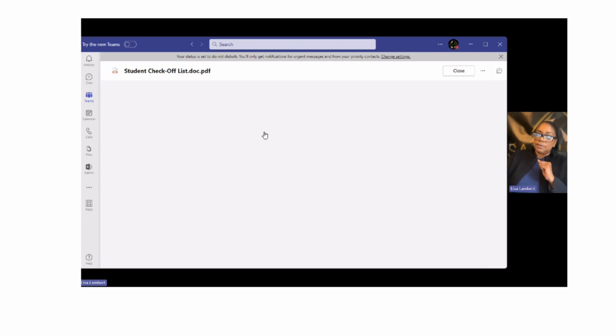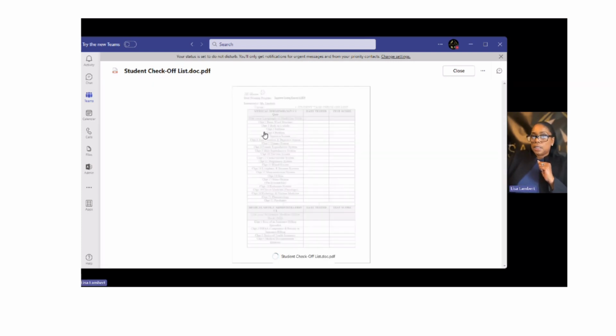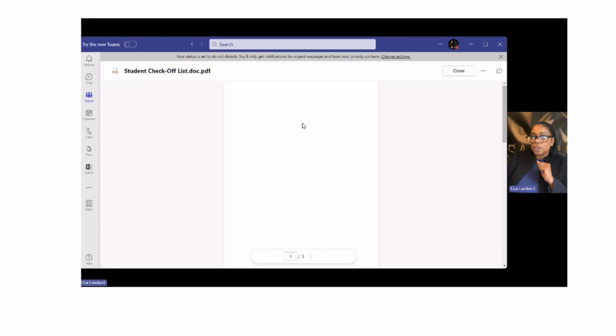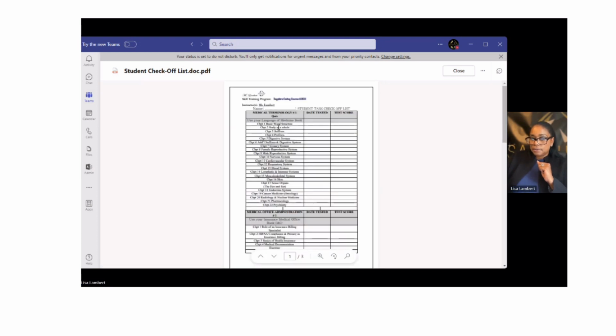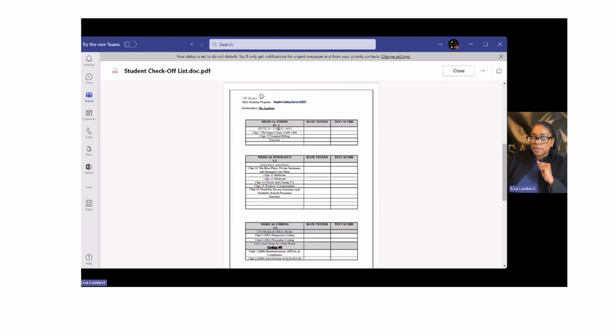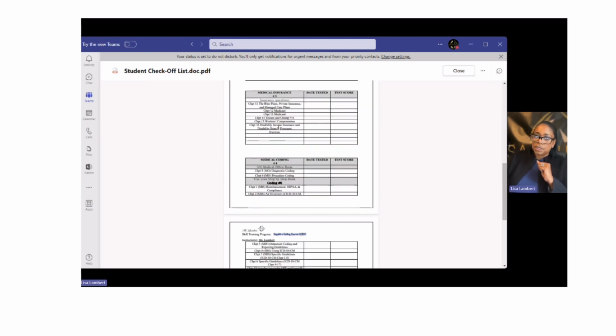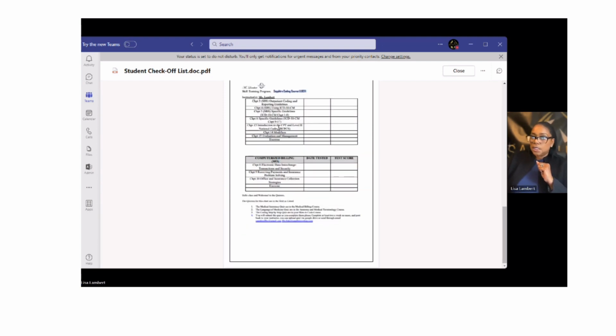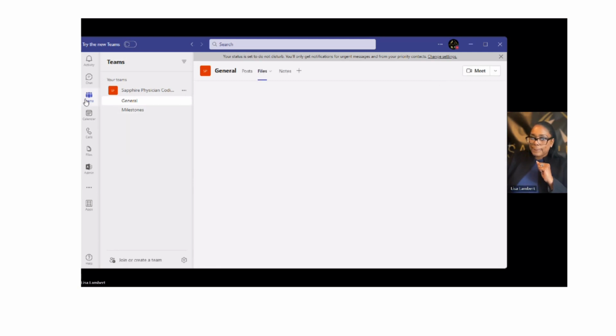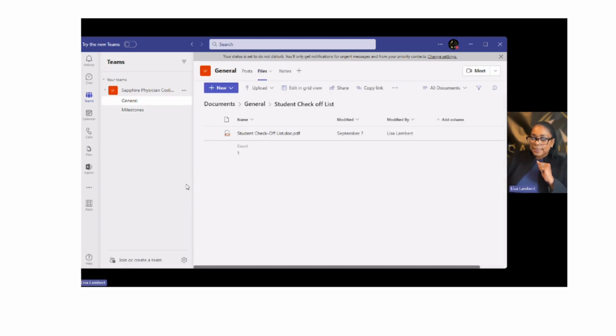I don't know if I put this in the other video that I had before, but the checkoff sheet is where you're going to put your grades. Okay, medical terminology, the date you took the test, put your score there. Same thing all the way down the line, medical insurance billing, and your coding. Your coding is your SBS. So in the coding, I want you guys to make sure that you read the guidelines